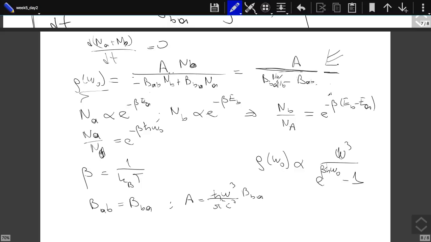Now, this is a nice derivation where you use your knowledge from various fields. We have the electromagnetic interactions, and then we have the statistical mechanics where we take this rho of omega_0. And from the electromagnetic interactions we calculate B_AB and B_BA, and even before we showed that they were equal. And then by just relating it with some thermodynamic property, we obtain what A is. That is the amplitude probability for spontaneous emission.